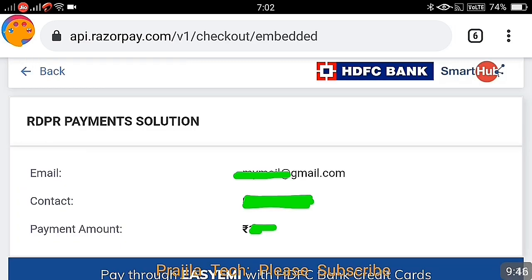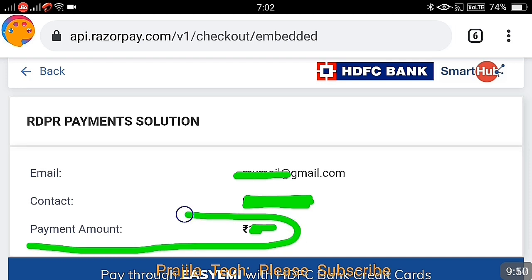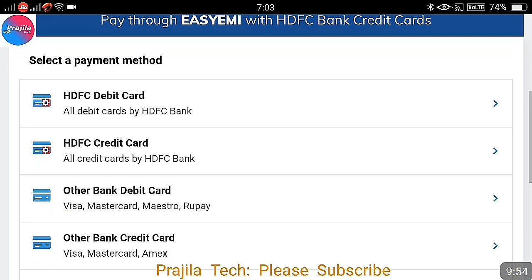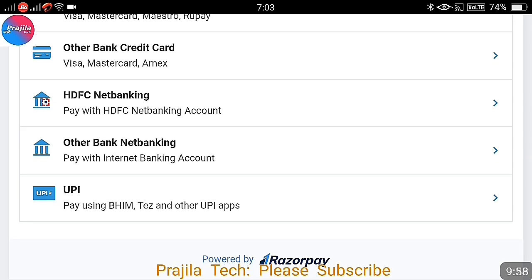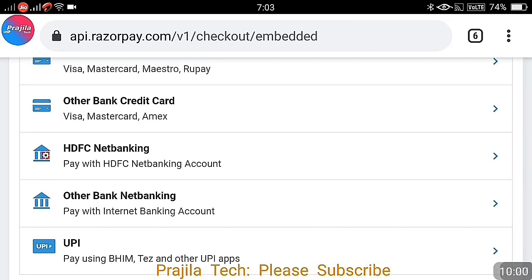I am referring to. And as you can see here, once you enter your email ID, your contact number will be automatically shown. Amount also will be shown. If you enter 100, 100 will be shown there. Now if you scroll down, you have a lot of options. You have even UPI ID, net banking, HDFC, or if you have net banking of a bank other than HDFC, please select this. If it is Bheem UPI, Google Pay, select the UPI option. Okay, it's up to you.